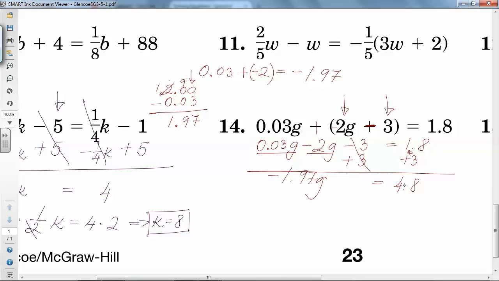Okay, and now to find your g, you will divide both sides by negative 1.97. Negative 1.97 divided by negative 1.97 would be g, which should equal, well, positive divided by negative here will